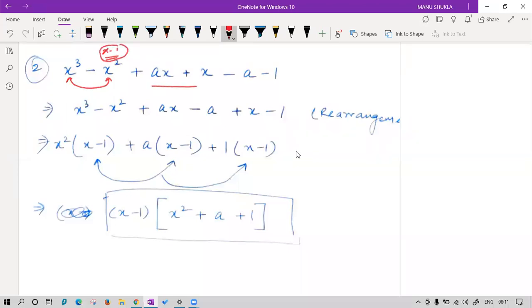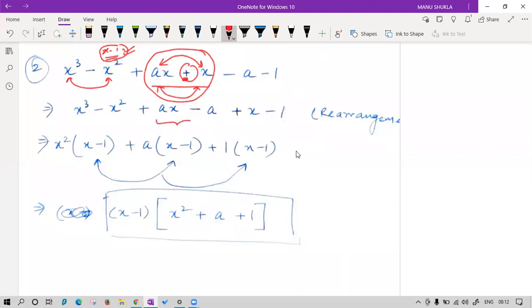So if I see these two, class, I know many of you may have taken these two as the group. So class, can you see x minus 1 in this? No way, because plus is there in between. That means this is not the group you are looking for. Yes, class? Are you getting this? Why do we have to neglect this group? Because the minus sign is not coming first of all, and we want something like x minus 1.